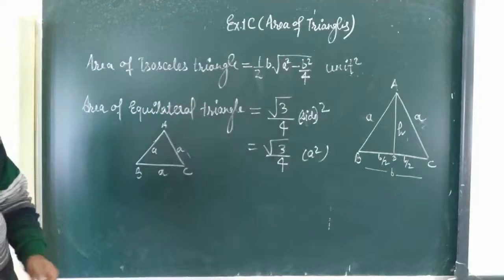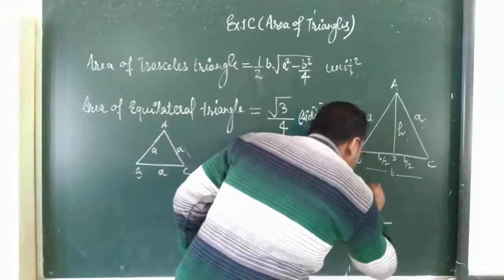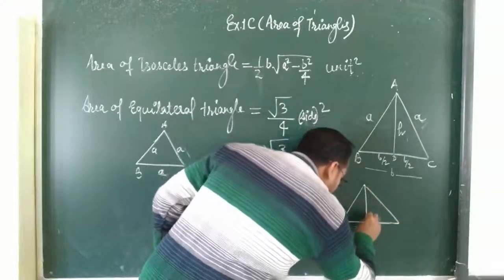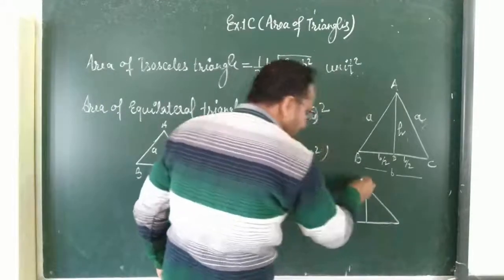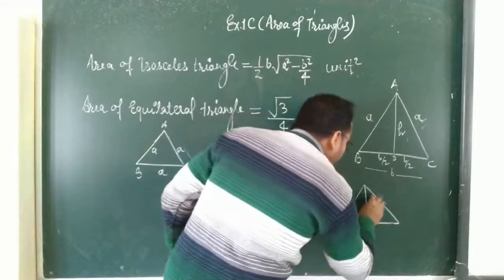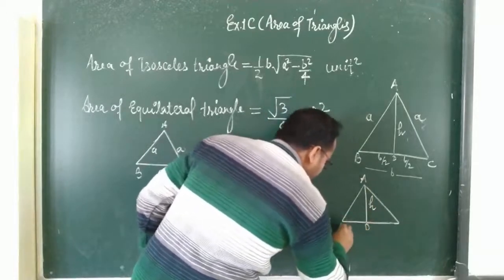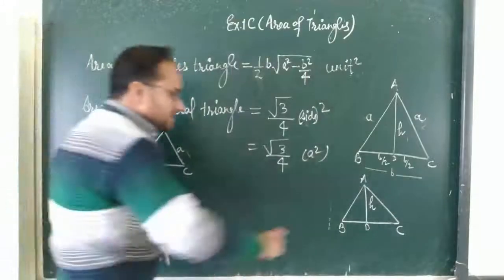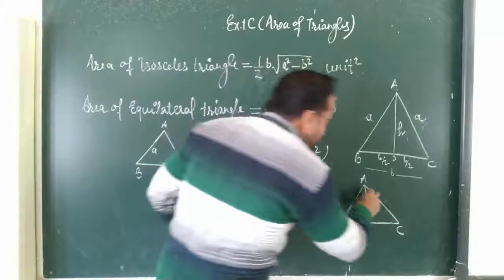So one more formula, when your triangle is given and its corresponding base and opposite vertex, if we draw a perpendicular from that vertex. Suppose A, this one is D, B and C. If your figure is given like that, this AD is a perpendicular, or you can say it is an altitude.